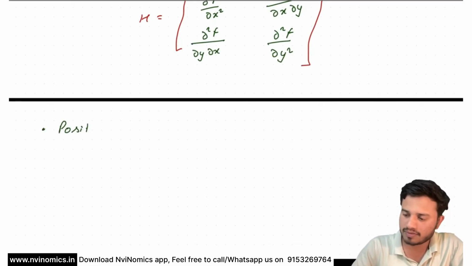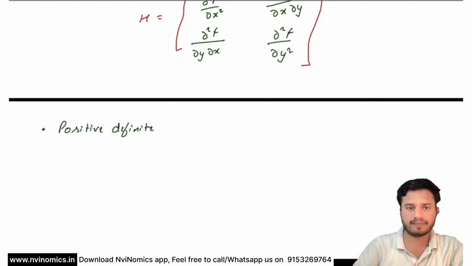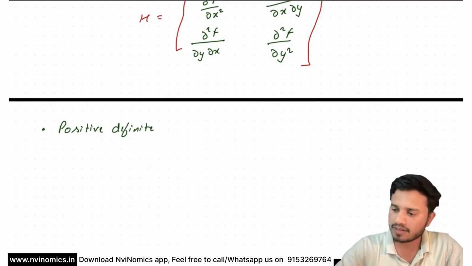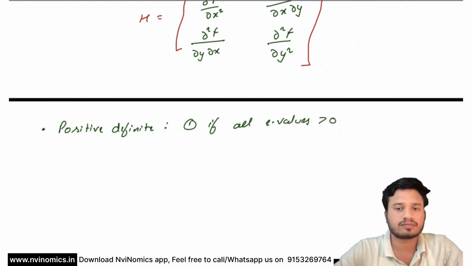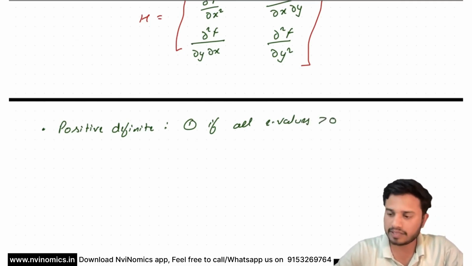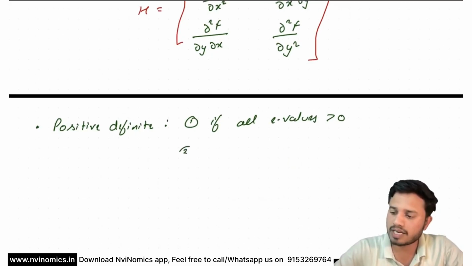this matrix is positive definite, that means one condition was that number one, if all eigenvalues are positive. That was the first condition. Second condition was that